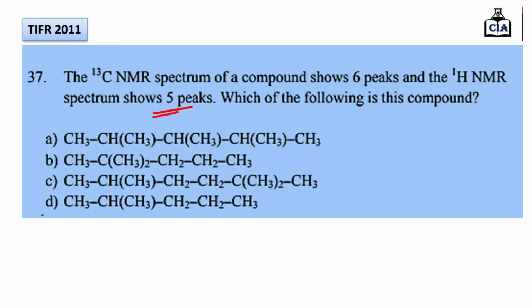If you look at option number D directly, you get a total of 5 types of carbon atom, because this carbon is attached to both CH3 groups, and both these CH3 groups are equivalent. This is A type, and this carbon is B type, C type, D type and E type. If you calculate the total number of non-equivalent carbon atoms, then this is 1, 2, 3, 4 and 5. So option D has only 5 types of carbon atoms, so this will give a total of 5 signals.